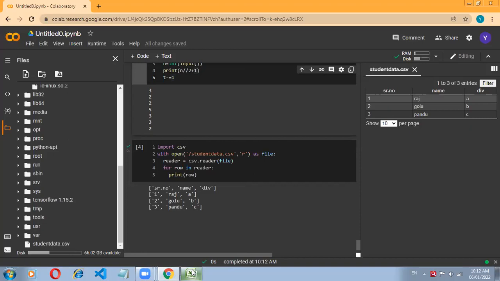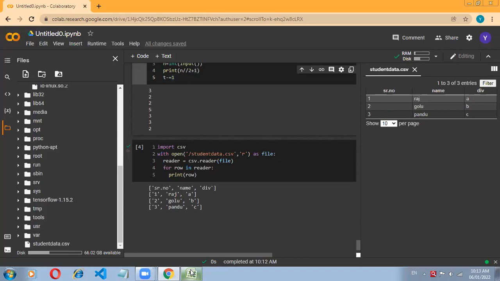After making changes in this CSV file which you are creating, you need to upload that CSV file one more time. Why? Because you are doing the program here and the Excel sheet is here, but the Google Colab platform is running in online mode right now.